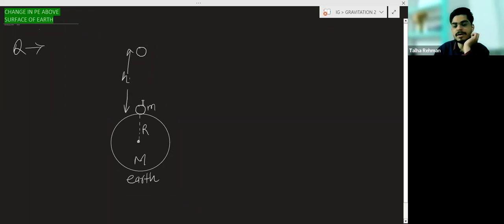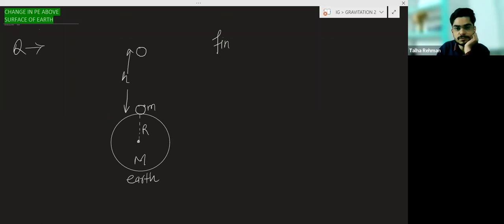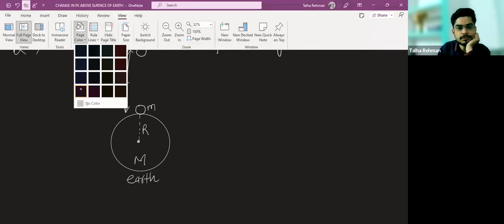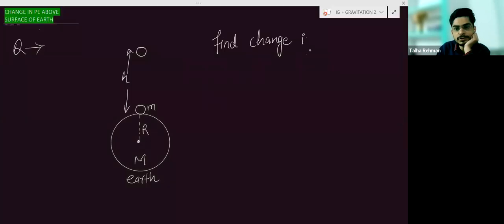The mass is moved to a distance h. You have to find the change in potential energy of mass